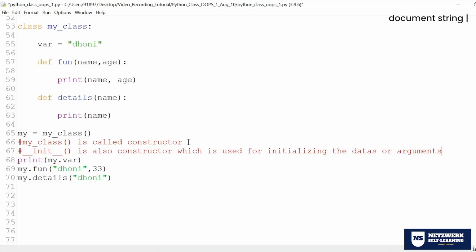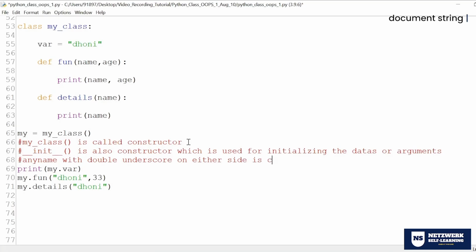Why I'm saying attribute is that in Python, we already saw any name with a double underscore on either side is called an attribute. So init is an attribute. Init is an attribute that gets created whenever I create a constructor. What is the usage of init? Init is basically used to initialize the data that I can use for my class. That's it. These are the 3 points.